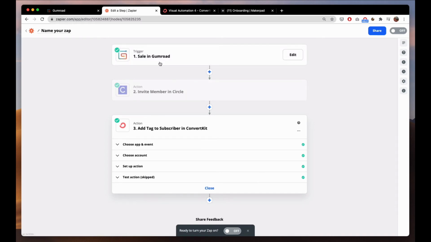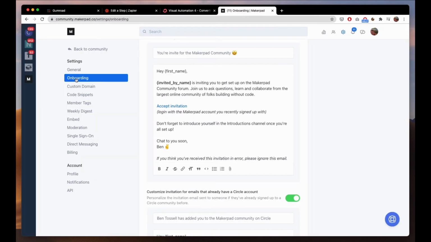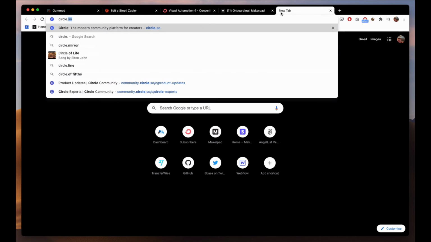That's basically it. A sale happens in Gumroad or wherever you're having your memberships. You invite them into Circle and then you add a tag to them in ConvertKit. So you turn this app on, but then what you want to do is, when you have this invite member in Circle, go to your Circle settings, and in onboarding, circle.so is the